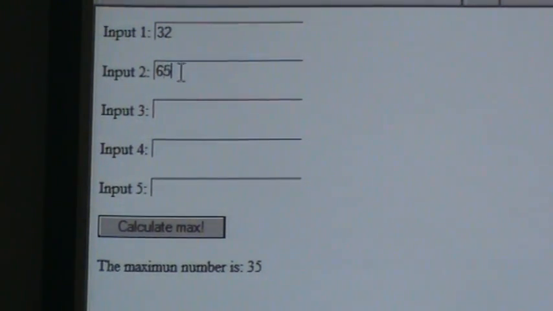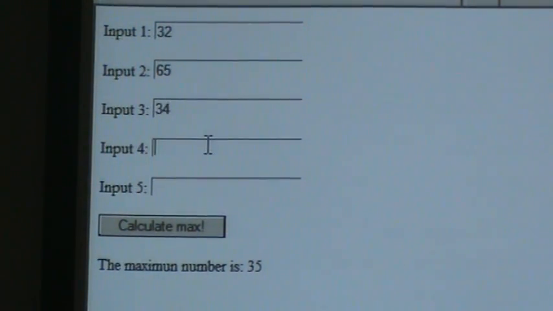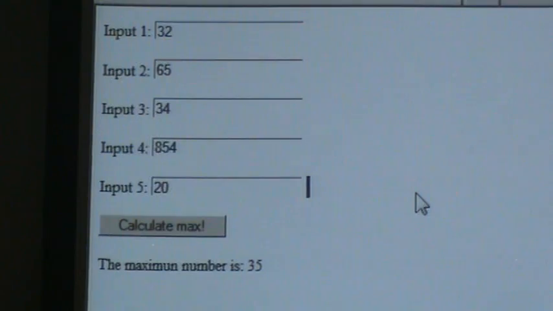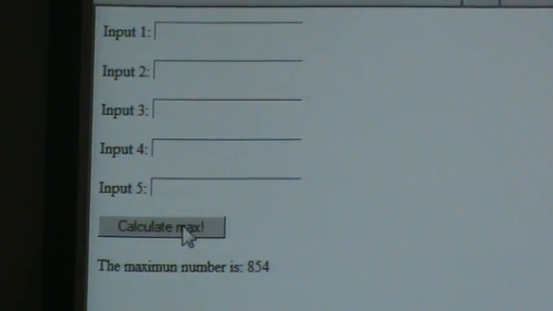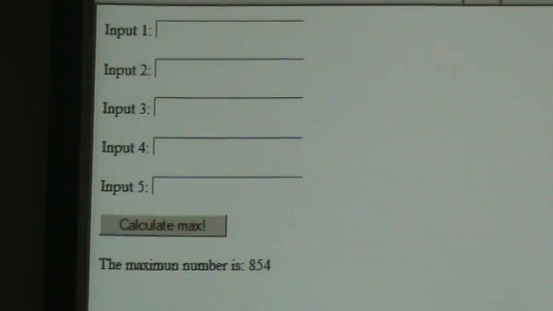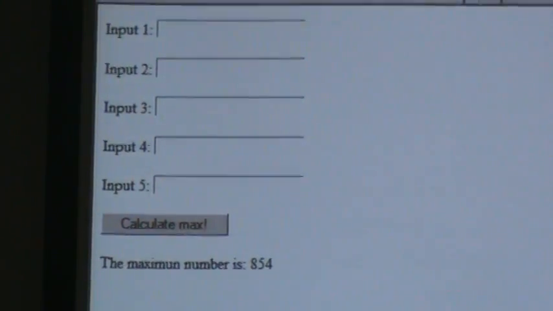So let me just randomly put some numbers in. Okay, so what should the answer be? It should be 854, right? Okay, so this one worked. Now, there's one difference between JavaScript and